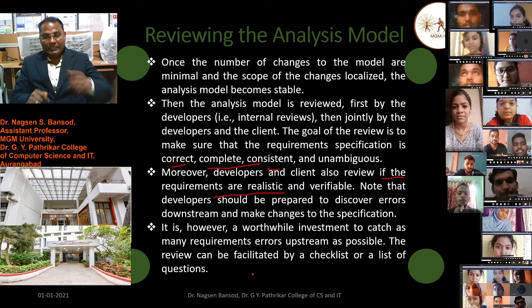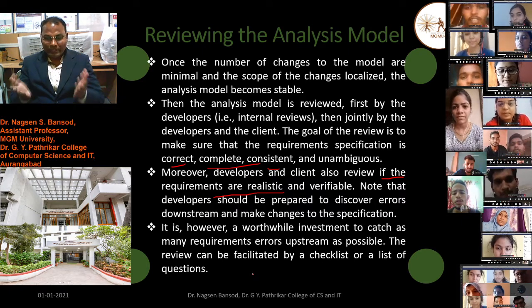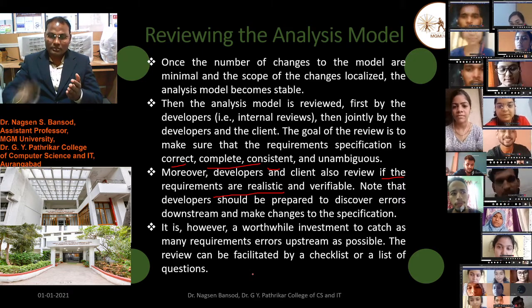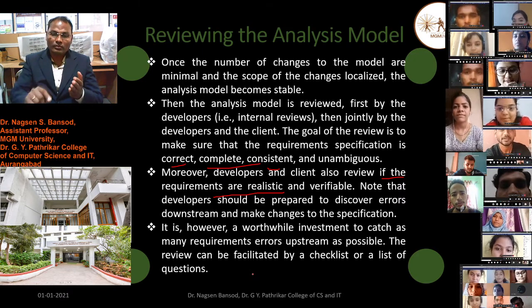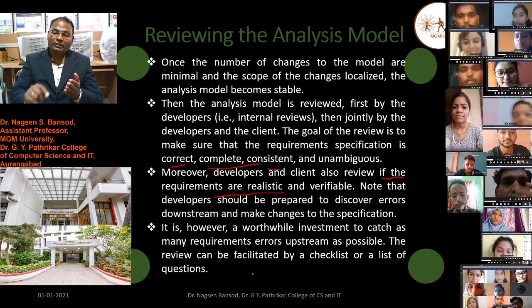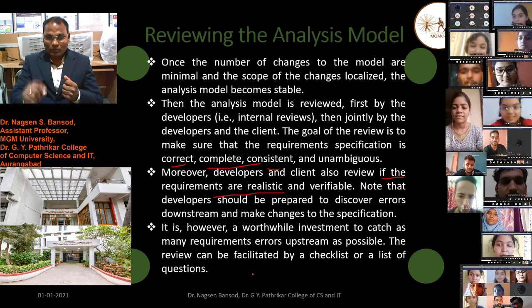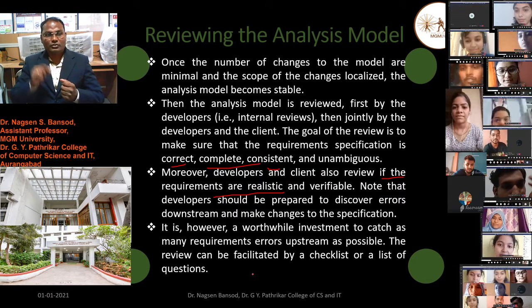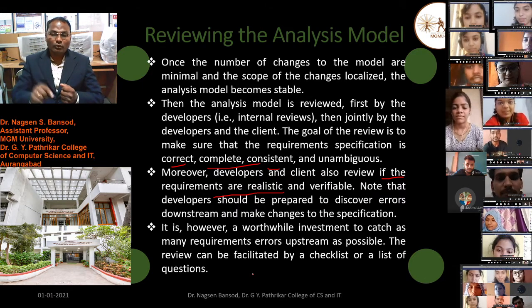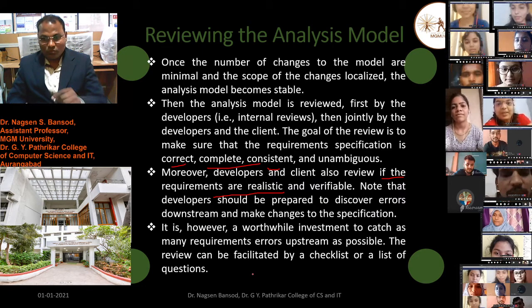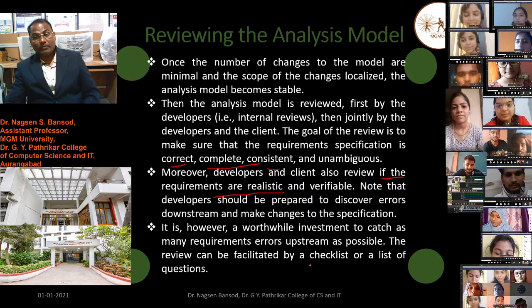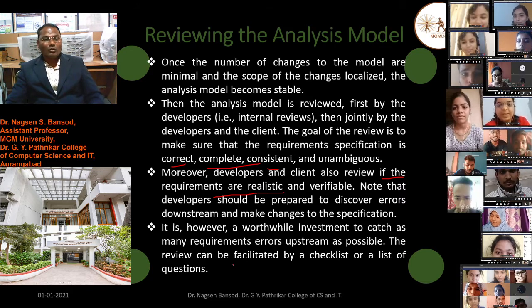By checklist. We have to take one document and write there all the resources, which resource is possible to implement into our software, which component is possible to develop in our software and which is not. That we have to review, and it can be facilitated by the checklist or the list of questions.